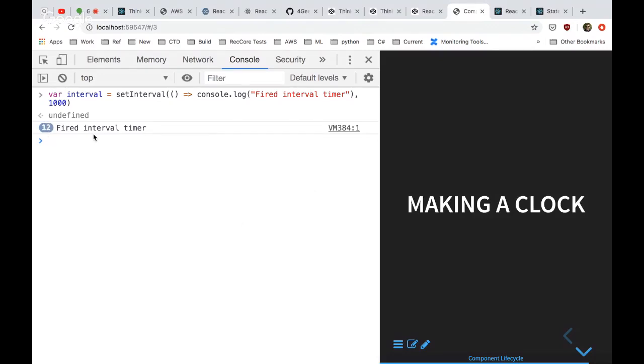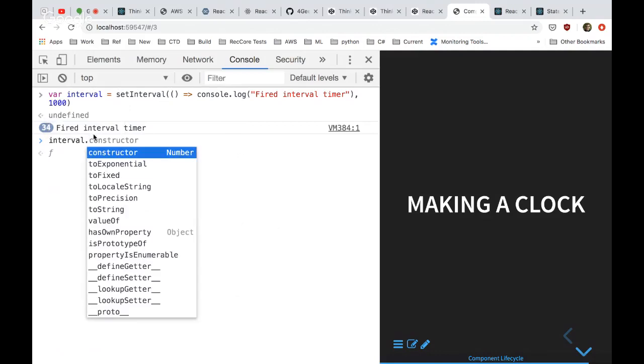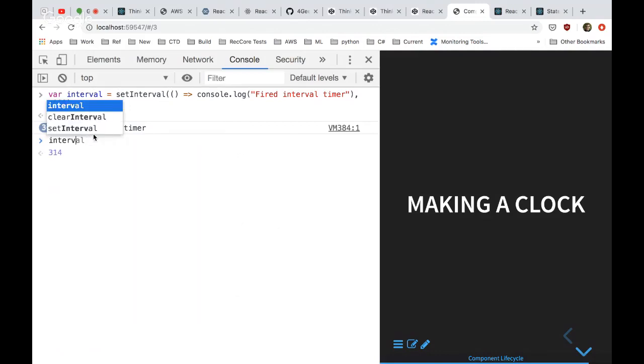That's something that's outside of, so if you declared this in a component, and this is what we're going to be using as well, when that component gets deleted, that interval won't necessarily get deleted. So you'd still have code firing and causing an issue. When you want to get rid of an interval, you need to have held onto a reference to it, and then you can call clearInterval and pass it the handle that you held on to.